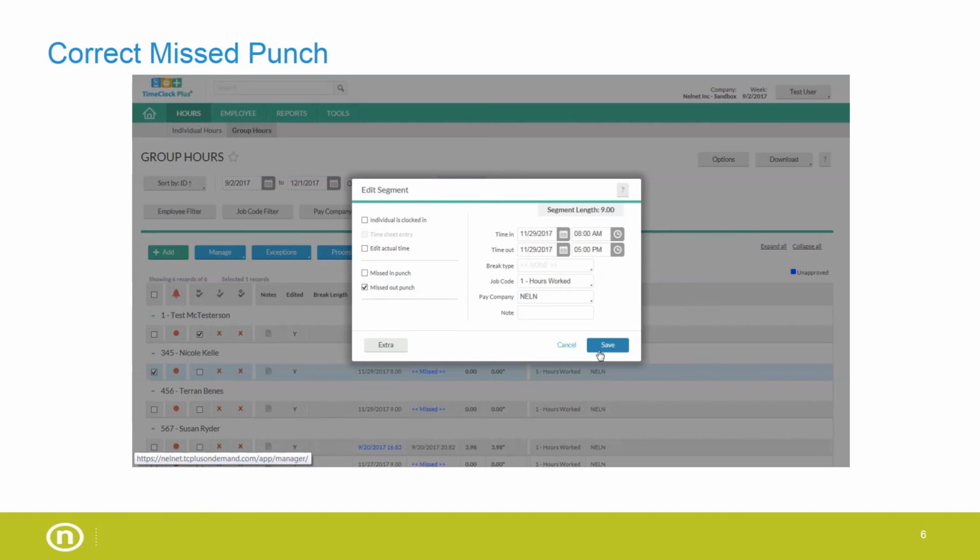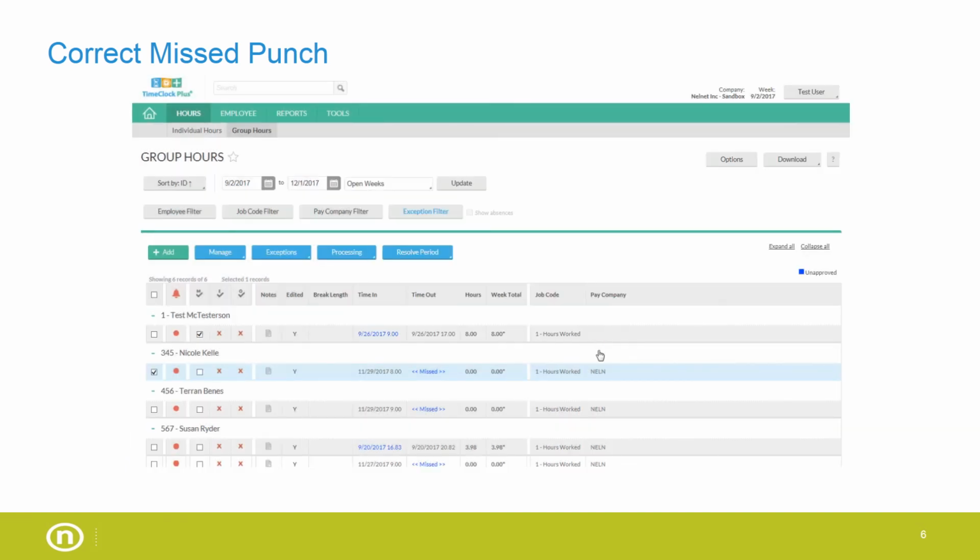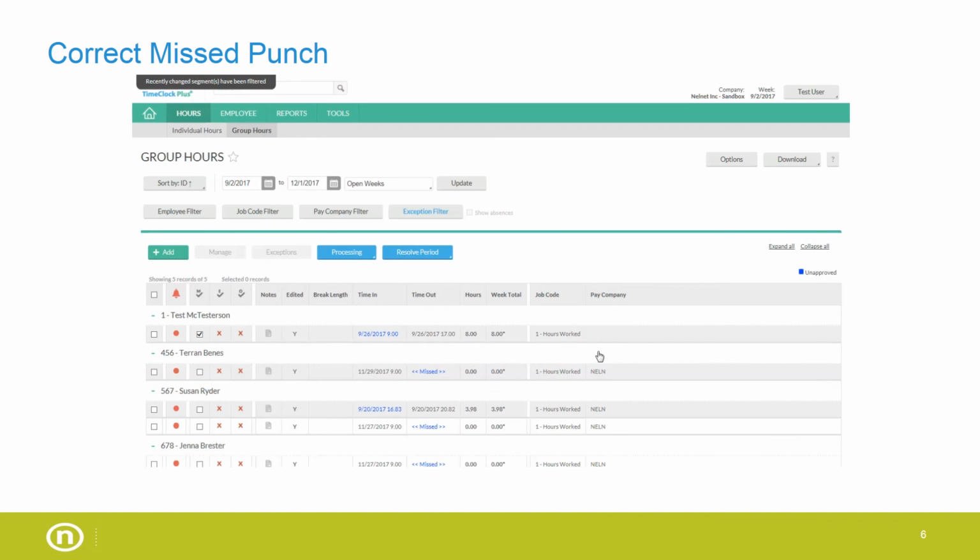When the shift information is correct, select Save. This will update the associate's time card and the shift will disappear from your group hours screen. This is because there is no longer a missed punch, so it doesn't meet the filter criteria anymore. Continue to correct the missed punches until no shifts have a missed punch exception. Review and approve the corrected shifts as part of your payroll approval